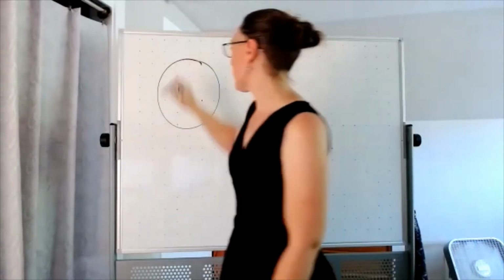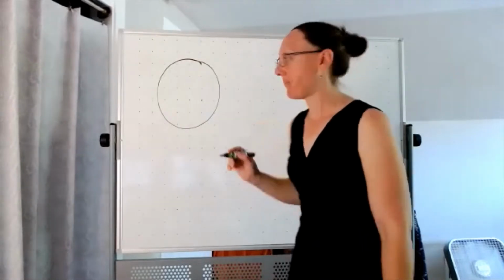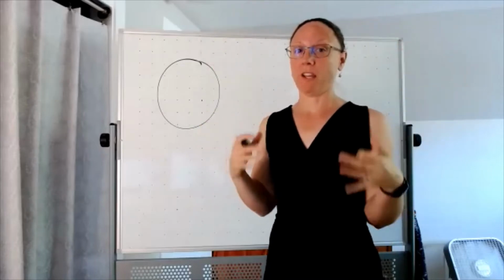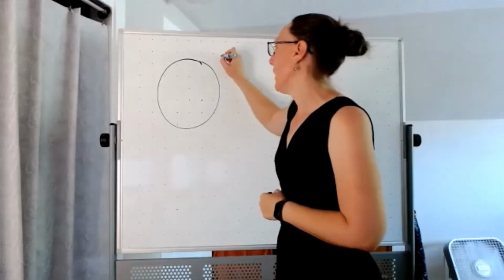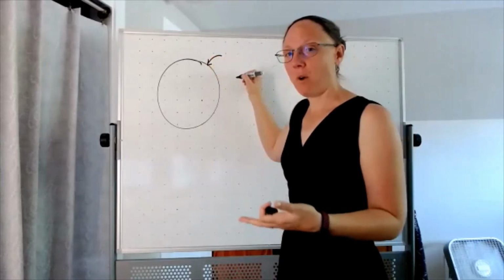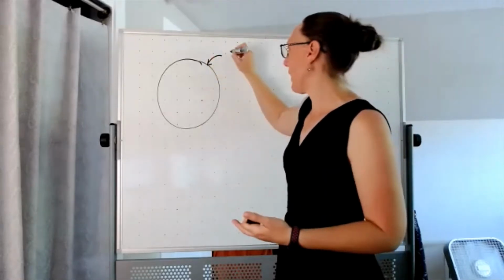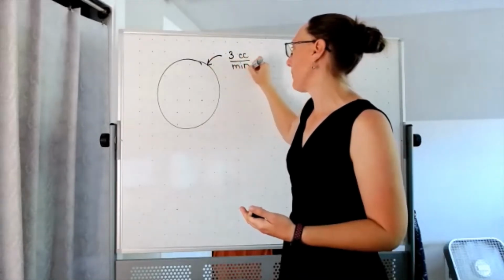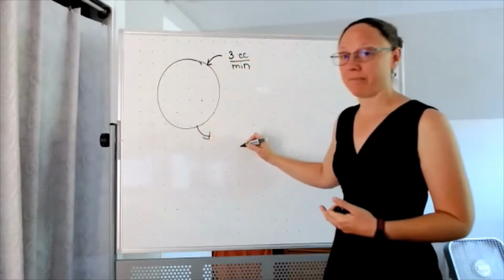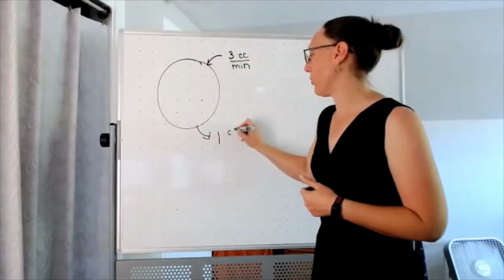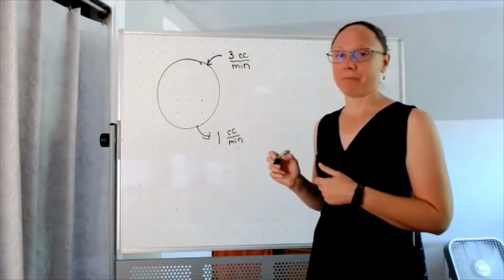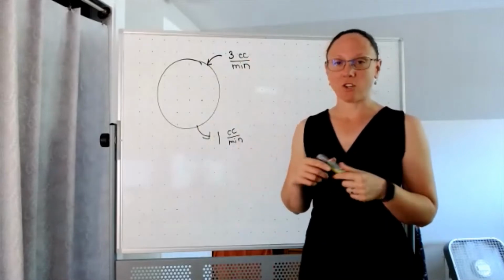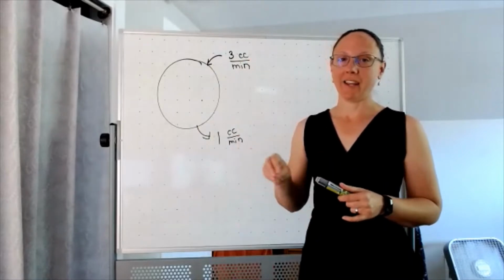Problem. And here's my patient. We started off with 1,000 cubic centimeters of volume of the affected systems. But the volume of what we're pumping in, we're pumping in at 3 cubic centimeters per minute. And the volume of what's leaving is leaving at 1 cubic centimeter per minute. So because that volume is changing, we need a way to represent what the volume is at any given point